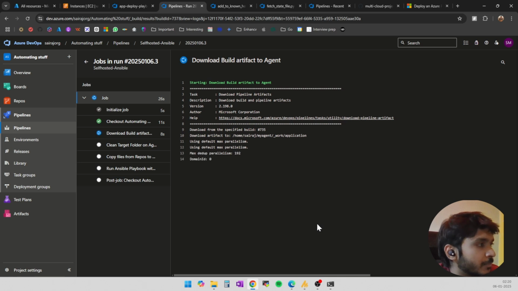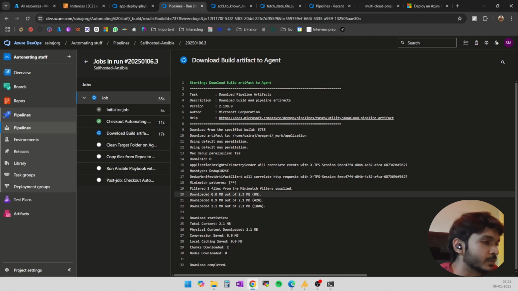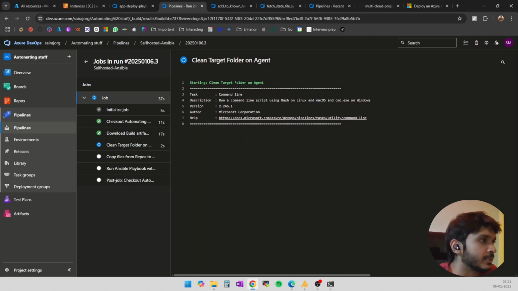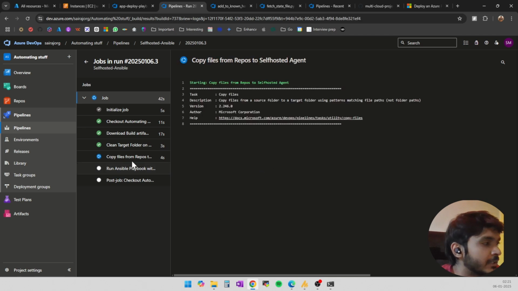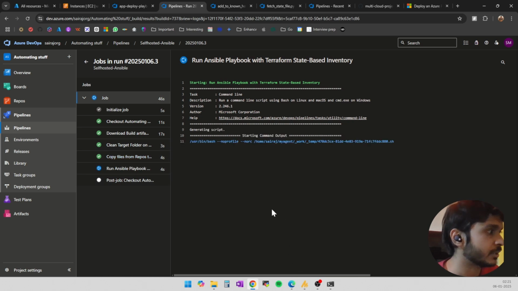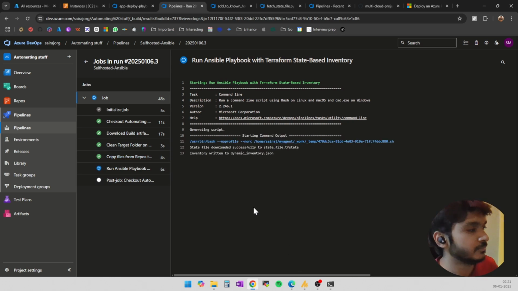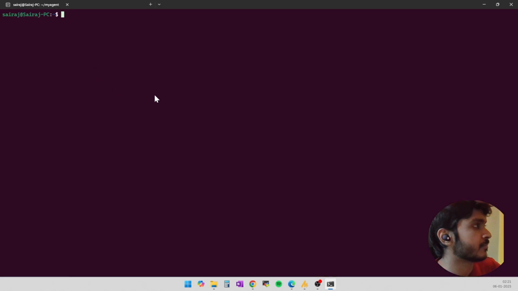So we are downloading the build artifact from the earlier published artifact from the build pipeline, and it is able to download it, 2.1 MB in this pipeline now. Clean the target folder, copying files from the repository to a self-hosted agent now. Can also show you quickly in